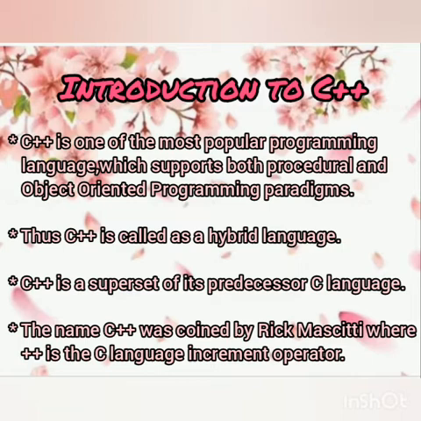Since computer is an electronic device, we have to give step-by-step instructions to the computer to make the computer perform a particular task, because we cannot communicate directly with the computer. So, to make the computer do a particular task, we have to give a set of instructions. That set of instructions is called a program. So, C++ is a programming language.